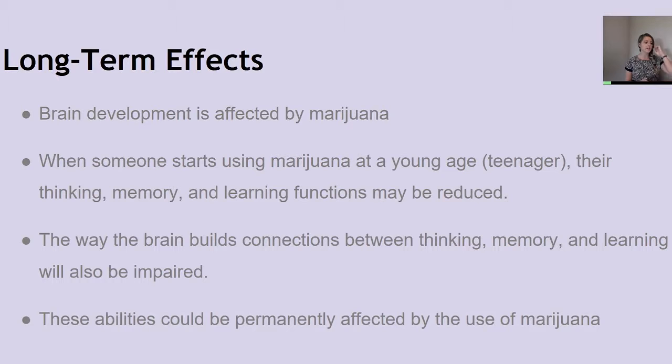So long-term effects of marijuana, brain development is affected by marijuana. So when someone starts using marijuana at a young age, such as a teenager, their thinking and memory and learning functions may be reduced. So the way that the brain builds connections between thinking, memory, and learning will be impaired. So these abilities can be permanently affected by the use of marijuana. And a study showed that people who started smoking marijuana heavily in their teens and had an ongoing use disorder lost an average of 8